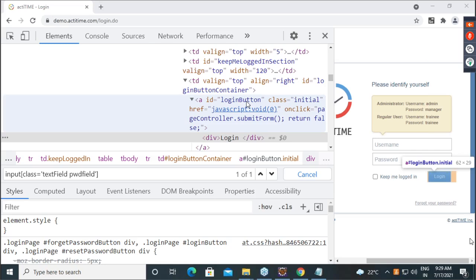Dot means class, and the class is initial. Is everyone getting it? Copy paste will not happen here. You have to see and type. Clear with this? Confirm.